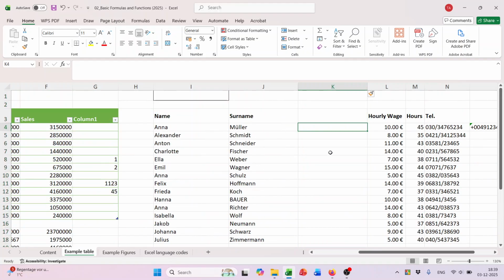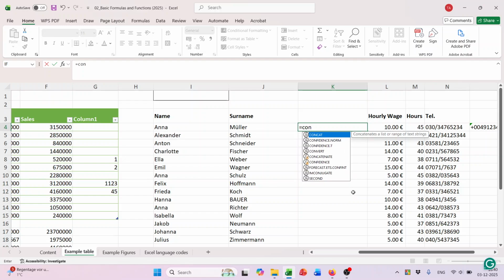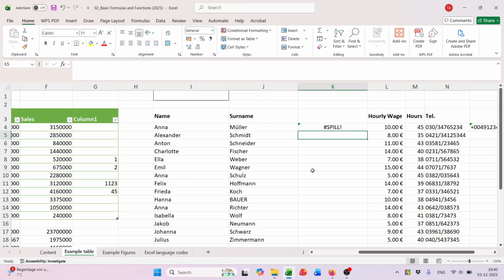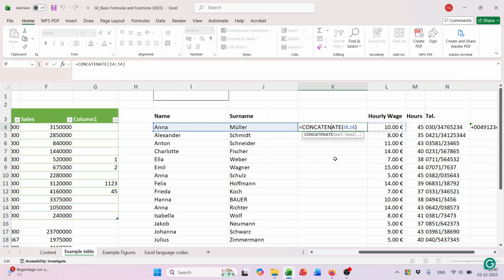So how does the concatenate function work? The concatenate is a function which brings the content of two cells into one cell. Let's see how it works. Equal to concatenate. So if I select these two cells, close the parenthesis, sorry, I need to separate it with a comma, so you can see,